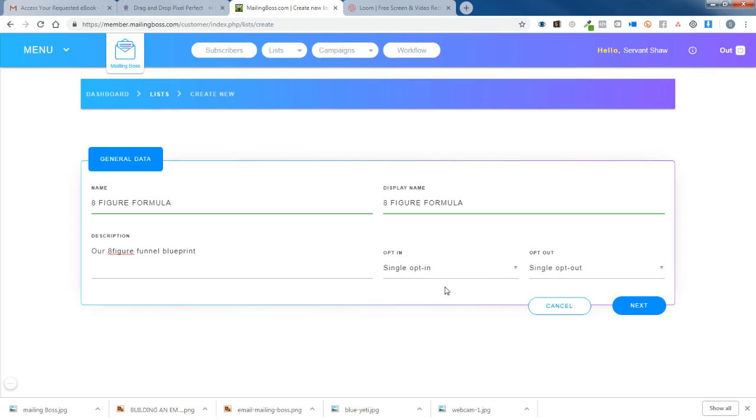And I'm going to show you a way to actually use single opt-in, but get real email addresses, and you'll see when we start building the sales page. All right, so I will go ahead and select single opt-in so they don't have to go back and verify the email. Then we click next,